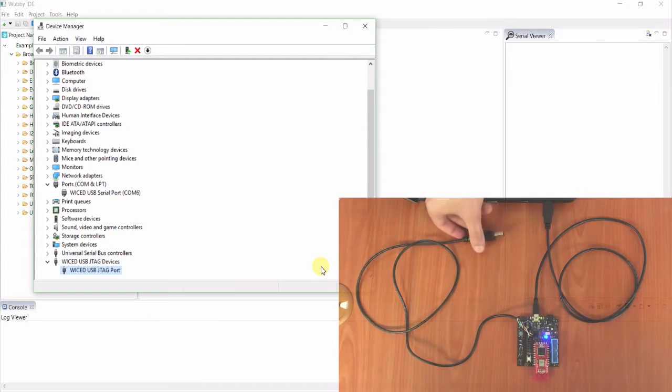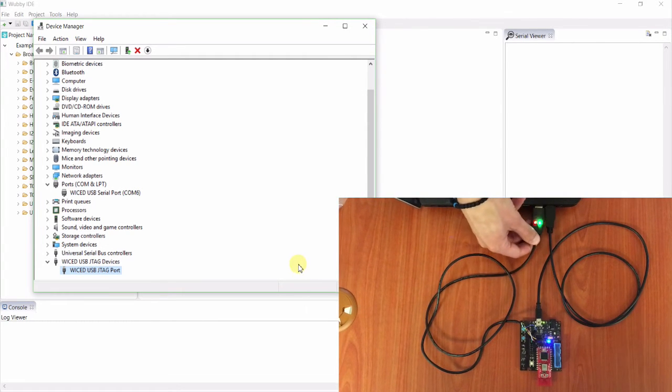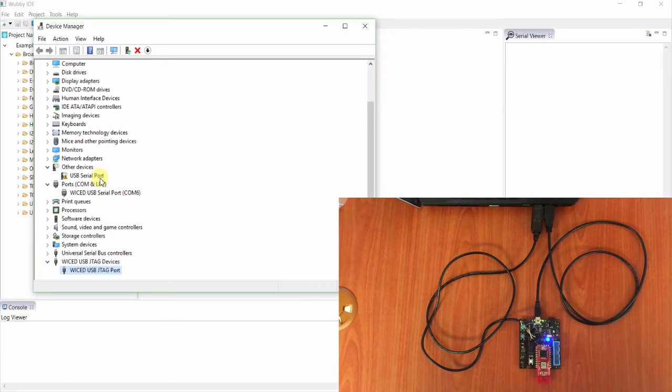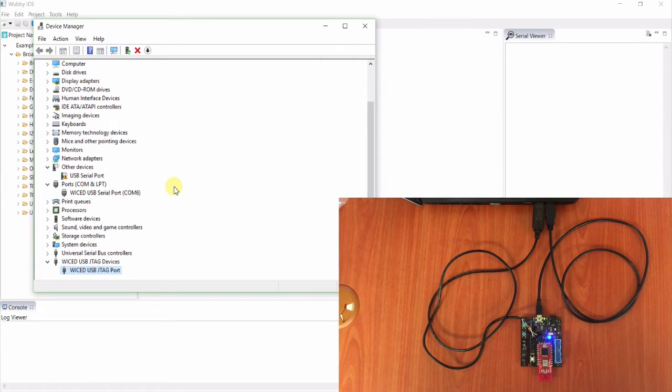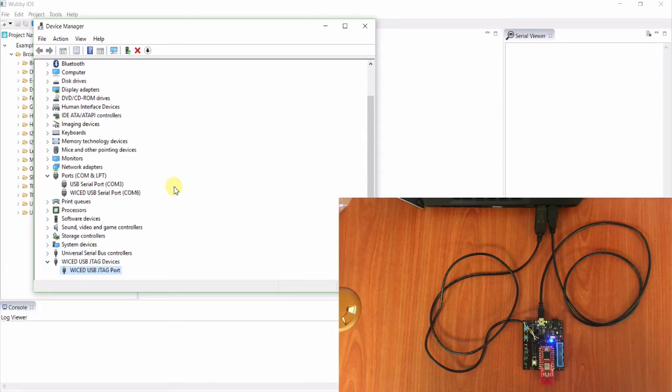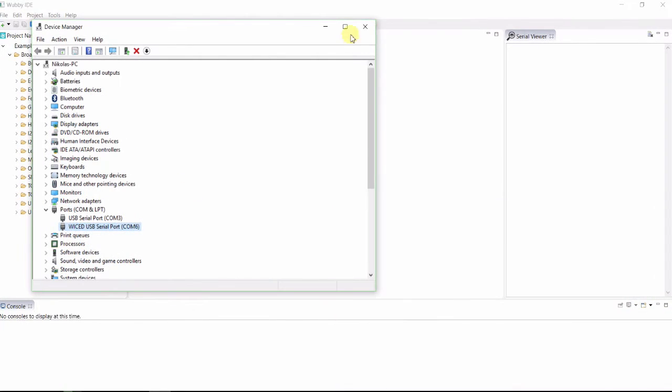It's now time to plug in the USB to serial adapter. A new USB serial port will be found in the device manager. Windows will automatically download and install the drivers for this adapter. If you face an issue, make sure to visit ftdi.com and manually download the drivers. After the installation, a COM port will be assigned to the USB to serial adapter. This is a serial port that we will be using for the local application programming.